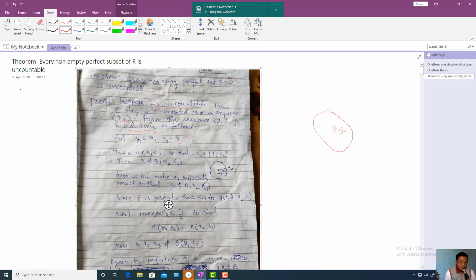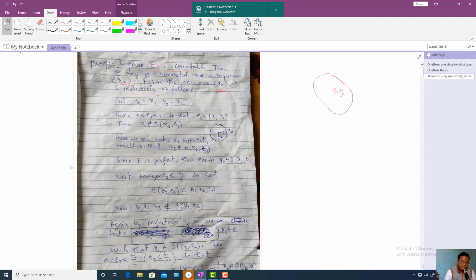So this is how we construct the third member of the new sequence. We have already found the first member and second member. How we find the third member of the sequence, I have just now explained to you. y3 is a member of this open ball. This is possible because E is a perfect set. And then what we do next,